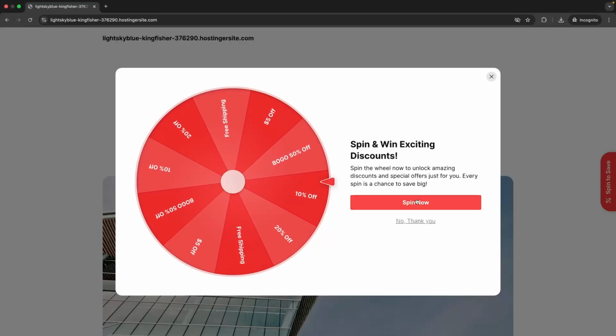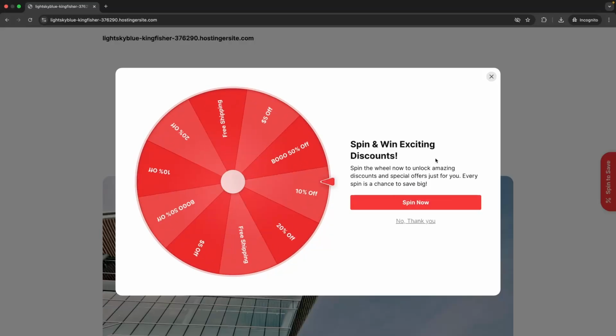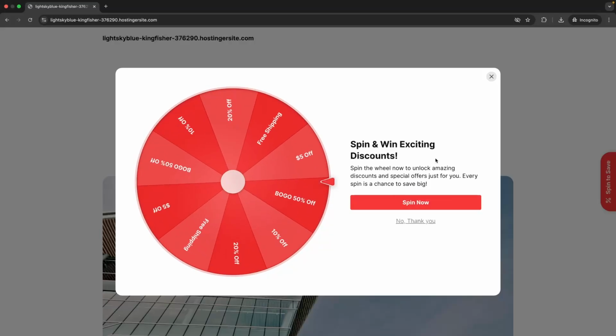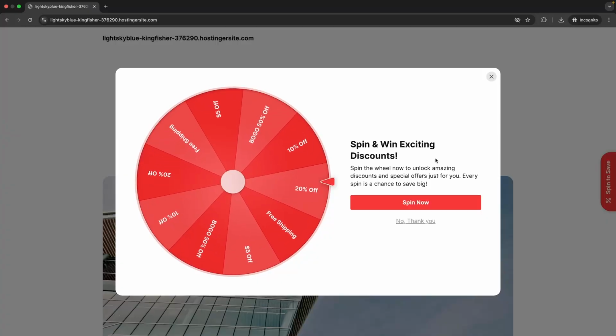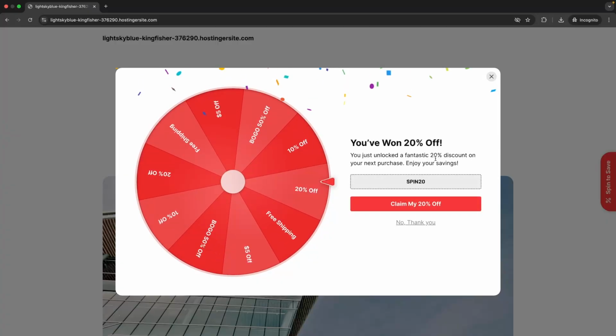In this video, I will show you how to add a spinning wheel to your WordPress website quickly and easily. So as we can see, this wheel is completely customizable. You can add discounts in here or anything you would like. And we can also set this up so people have to enter in their email before they are allowed to